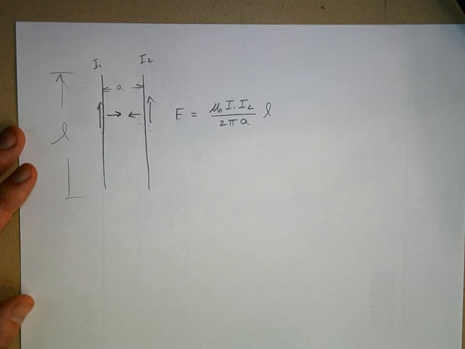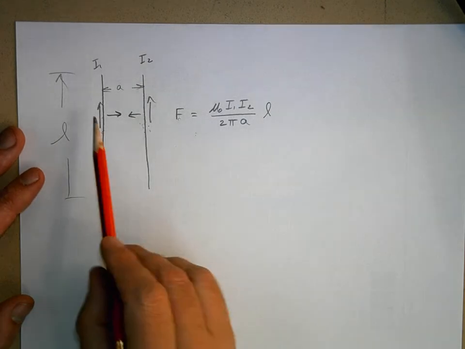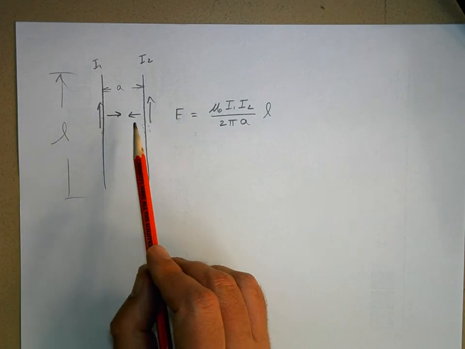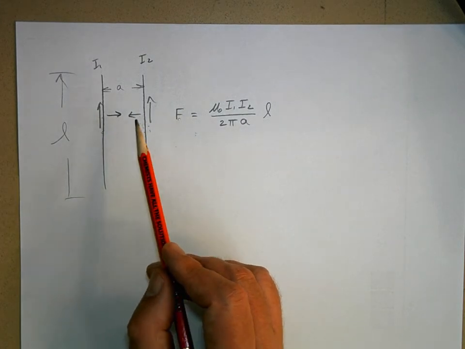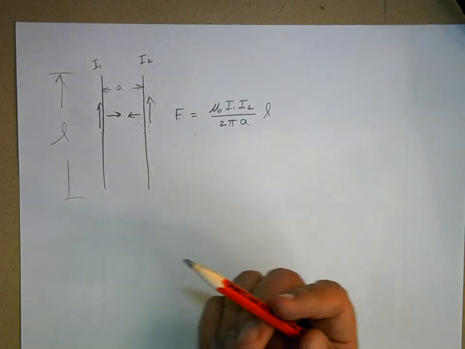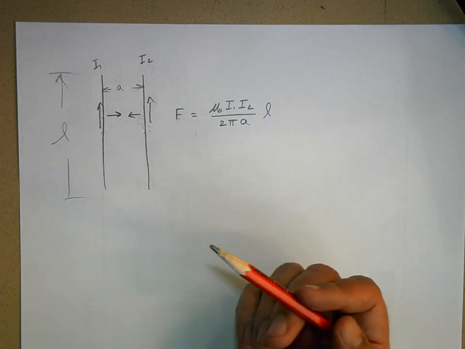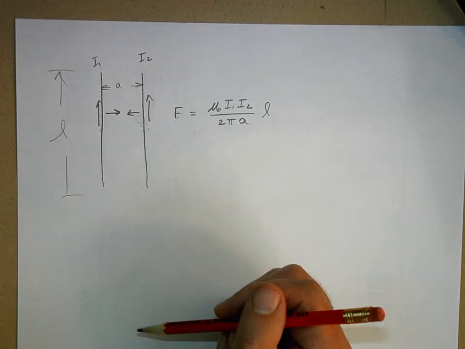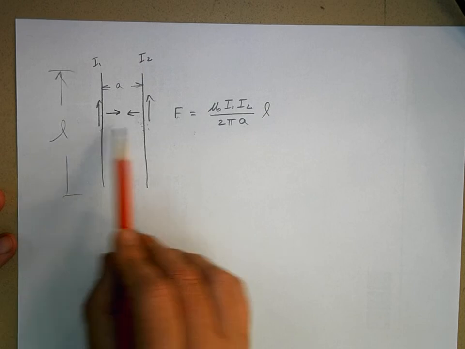This equation was derived by figuring out the magnetic field due to a long straight wire, and then figuring out the force on a wire using F equals IL cross B. Now, by the way, it's kind of a good thing that wires with currents that are parallel attract each other,